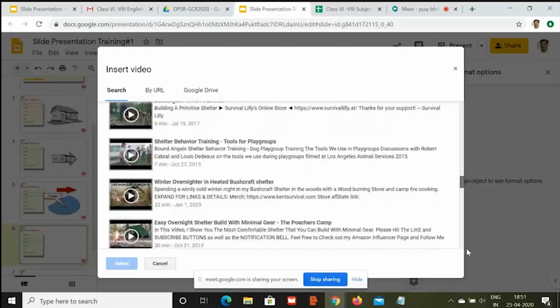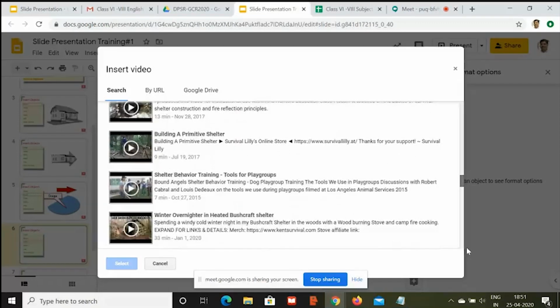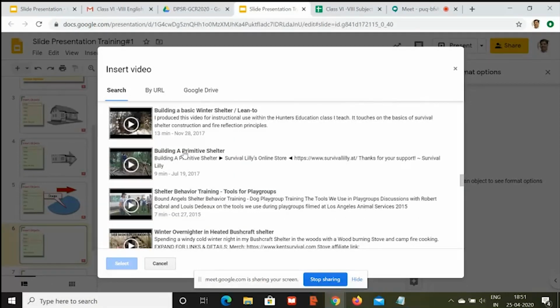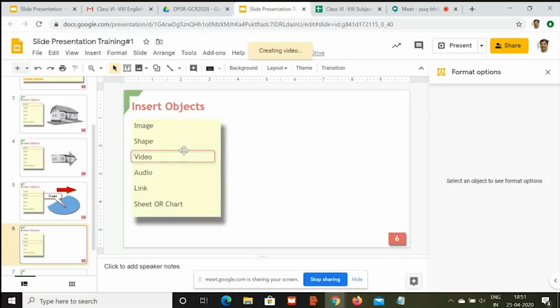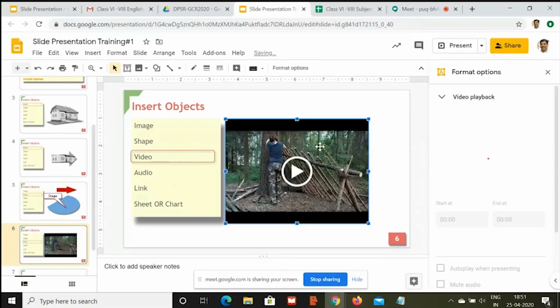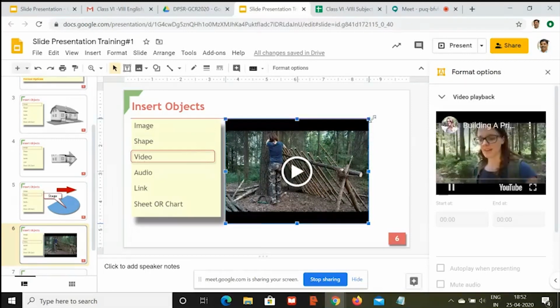These are all American shelters. Okay, building primitive shelter. So let's insert this. This video appears here, and you can resize this video in the way you want.